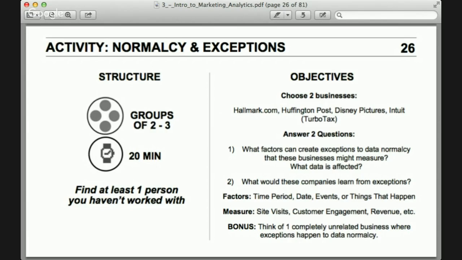Yeah, if there's like a recession or something that could be an exception. What would that do, you think, to things like, for instance, the revenue of people using your tax software? The people will be unemployed, so they will lose their job and then they will need to do